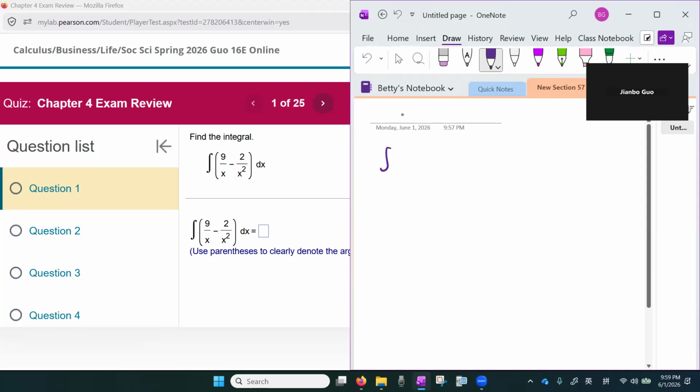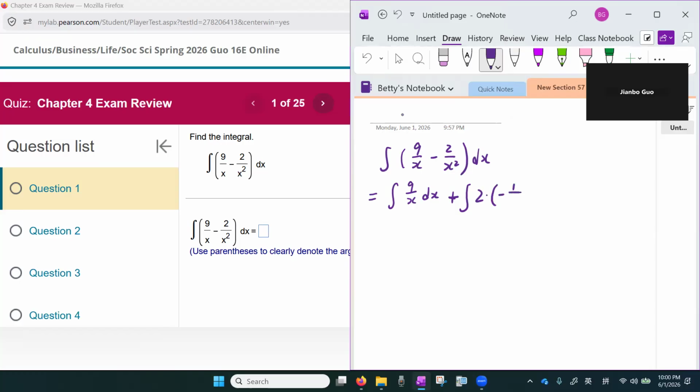The integral of the difference. The function is the difference of two functions, right? 9 over x minus 2 over x squared dx can be written as the difference of the two integrals. So the integral of 9 over x dx minus, or plus, 2 times negative 1 over x squared dx. Can we find